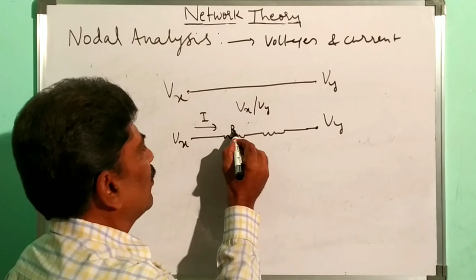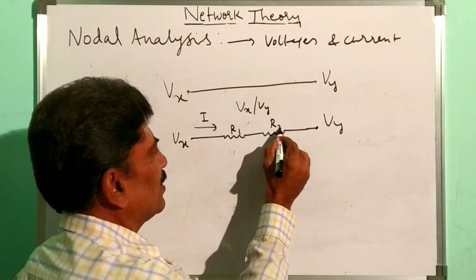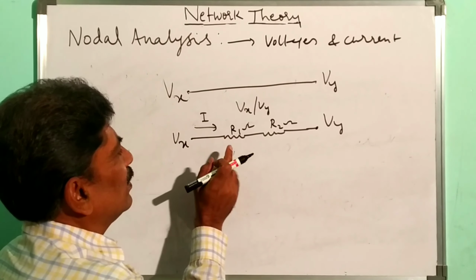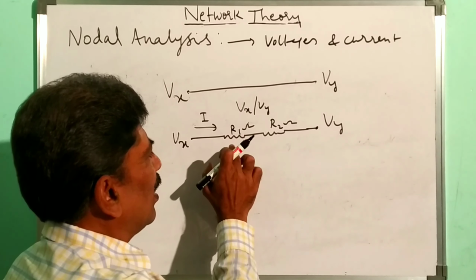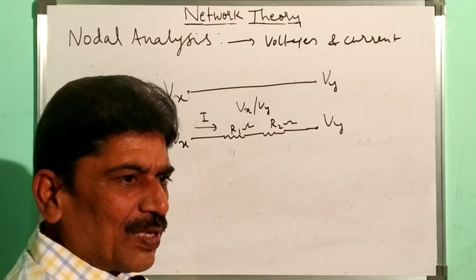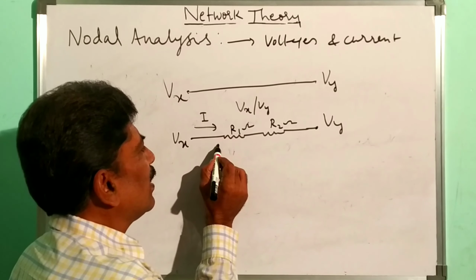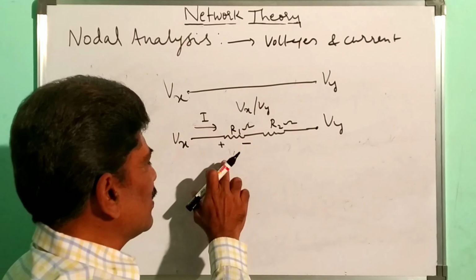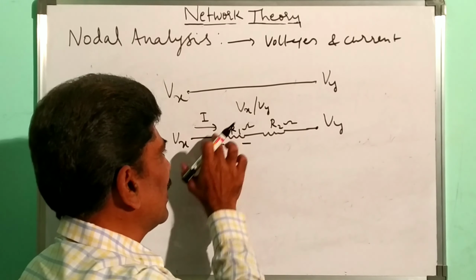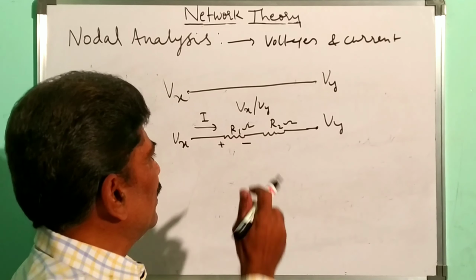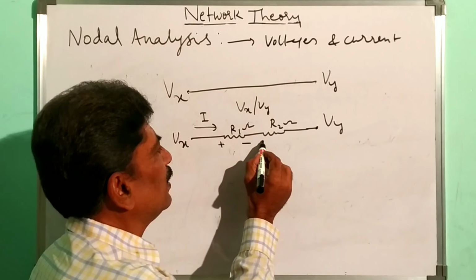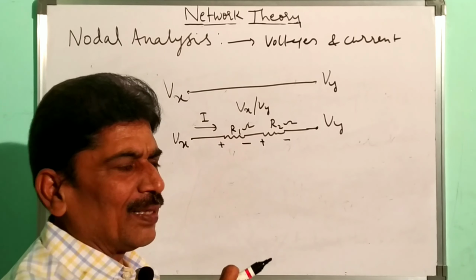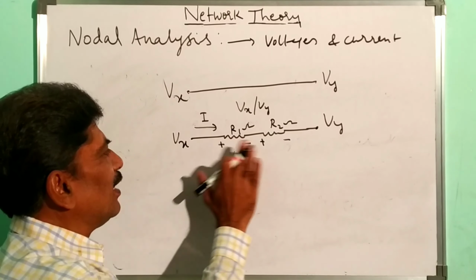Now let R1 and R2 be the resistances of these resistors, R1 ohms and R2 ohms. And current is entering. Since R1 is a resistance, it is a passive element, it absorbs energy. So the current should enter the positive terminal and leave from the negative terminal. So let us assign the polarities first and then apply KVL to find out the current passing through this branch. Now here at this point, it should enter the positive terminal and leave the negative terminal since it is an absorbing element. Now let us apply KVL to this loop.